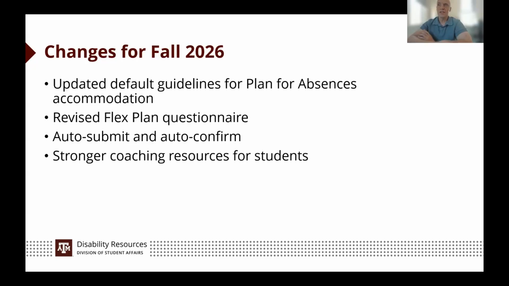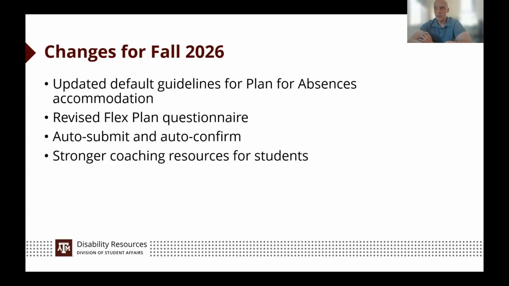The only other thing that I would say changed is we have, and we will continue to do, and we will continue to strengthen our coaching for students. It's new to you all, and it's new to them, right? And so a lot of this was just being gracious with one another to figure out where those barriers were. We've got a good approach for how to talk about this with students now.